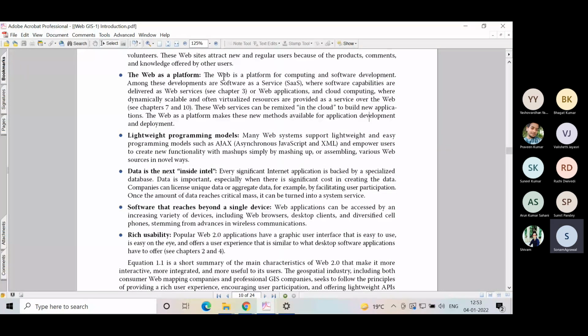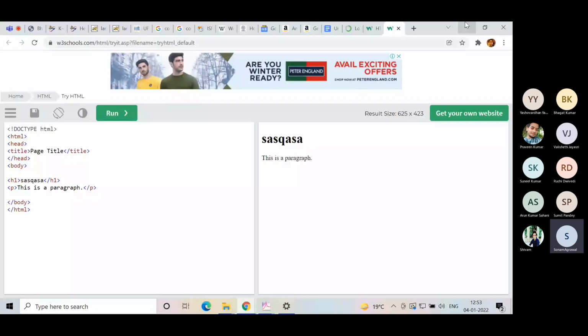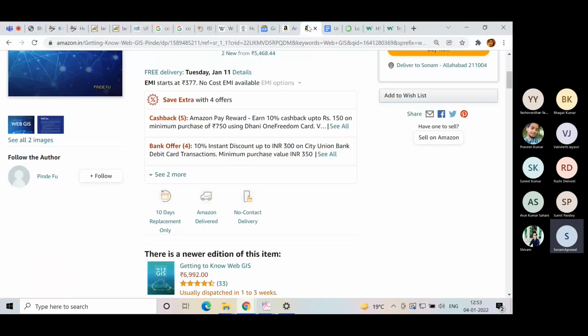And empower users to create new functionalities with mashup simply by mashing up or assembling various web sources in novel way. Now here this new term has been used, Ajax, and Ajax is nothing new but a combination of existing JavaScript and XML. Right now I am just showing its application, but later on we will learn about it in detail. Suppose